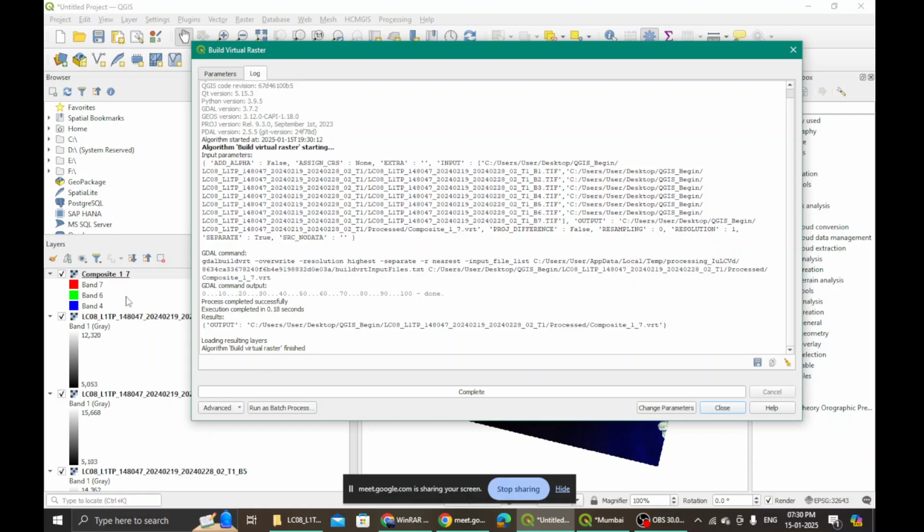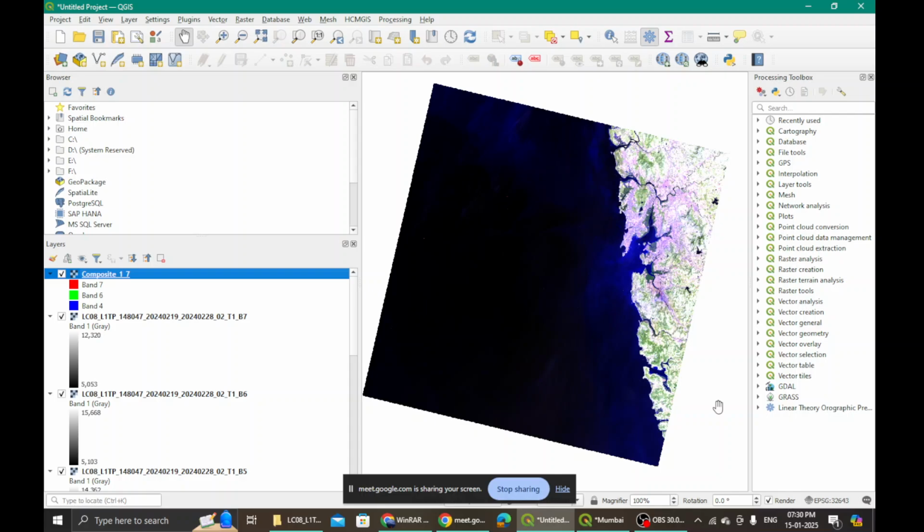Does it say completed there? See here, the color image has come. One second, ma'am, I will check. This window has come, whatever is showing now in yours. Okay. Save, then run, and complete is coming, no? Do you see this color image complete? Which one? Backside, na? See here, composite 1 7. Do you see that? Yes. Okay, great. So close this. Done, ma'am.